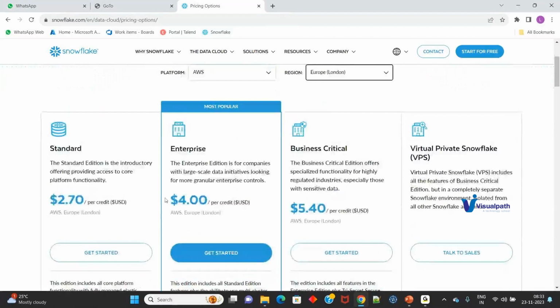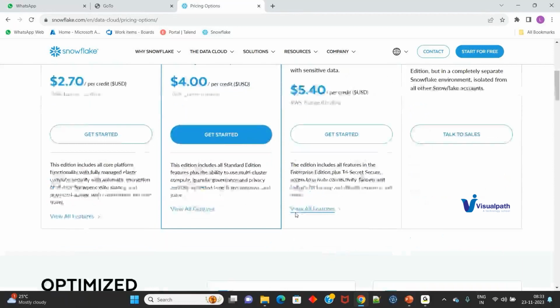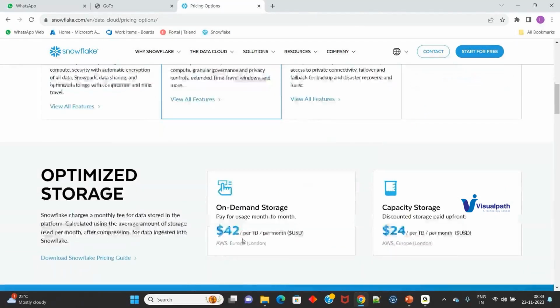So in the standard edition itself, it is $2.7 USD. Again, in the enterprise edition, it is $4 USD. In the business critical, it is $5.4 USD. It will differ. Now, if we go to the storage, here it is $42 USD, and capacity storage, it